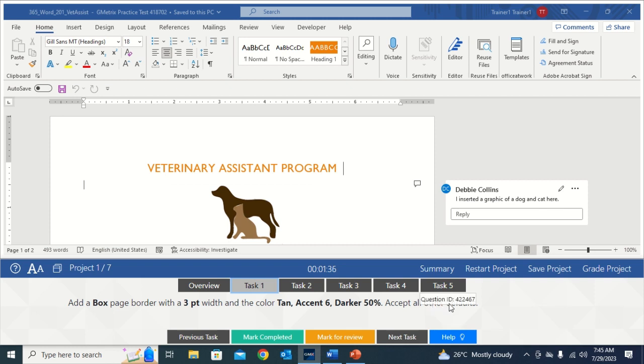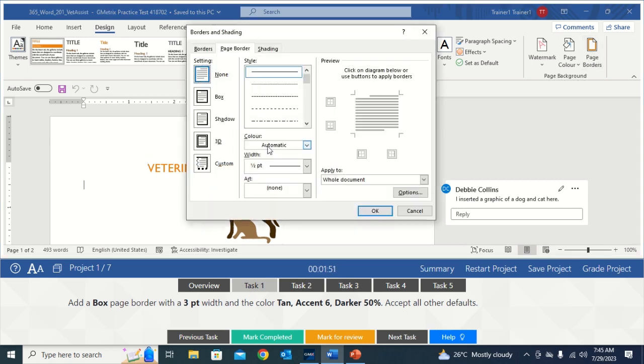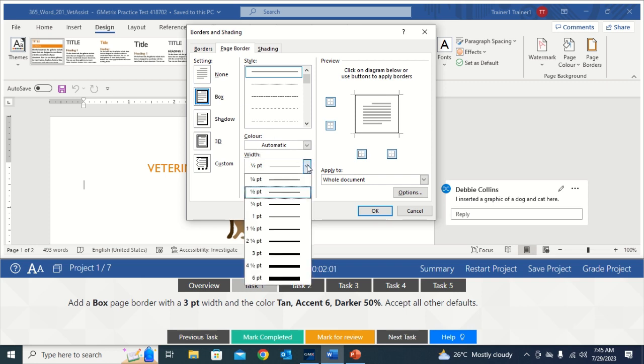Accept all other defaults. To do this, you click on the Design tab, then in the Page Background group, you click on Page Border, then Box Border. So you click on Box, then the width, you set it to 3 points,